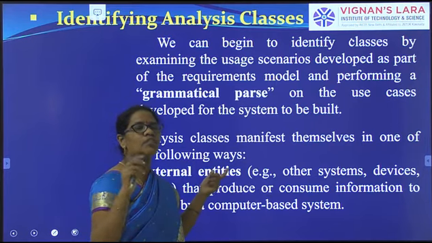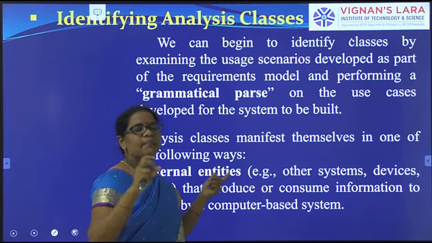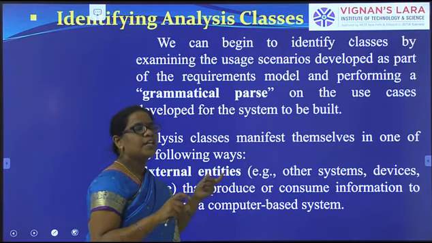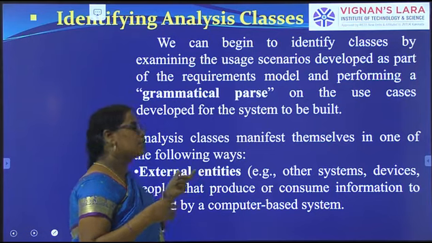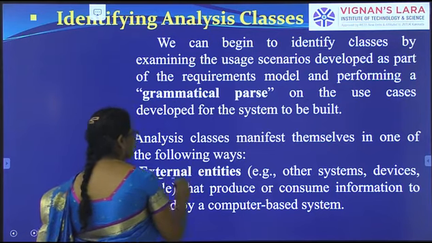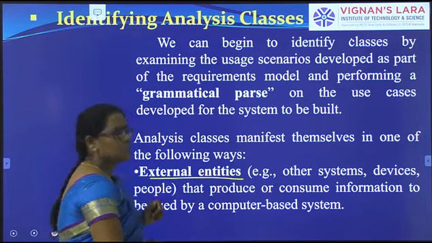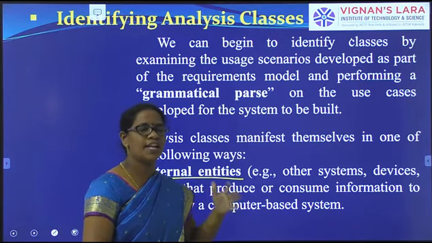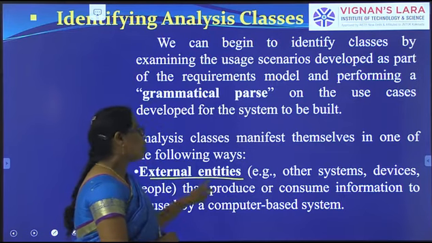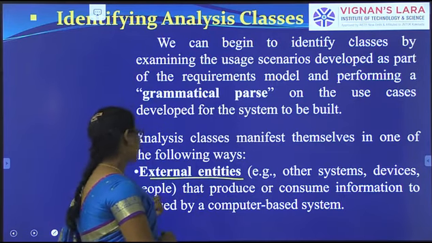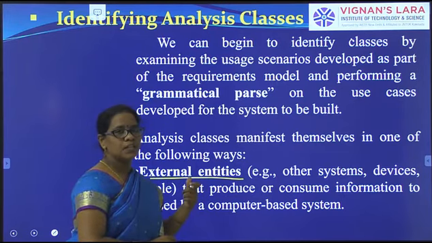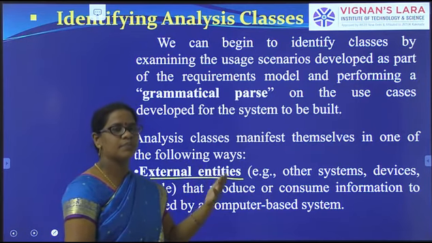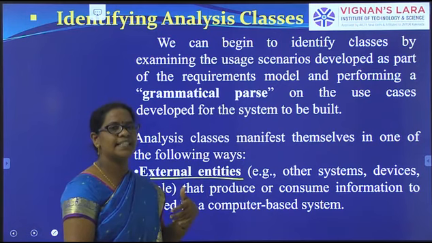So first he recognizes, okay, these we can make the classes. Person is one class, car is one class, let us say. So how do we analyze those? The first one is the external entities. Entities is nothing but some objects; we can also call entities objects. So external objects, for example, other systems, other devices or other people. External means not only within the program; from the outside environment, we have to take anything.